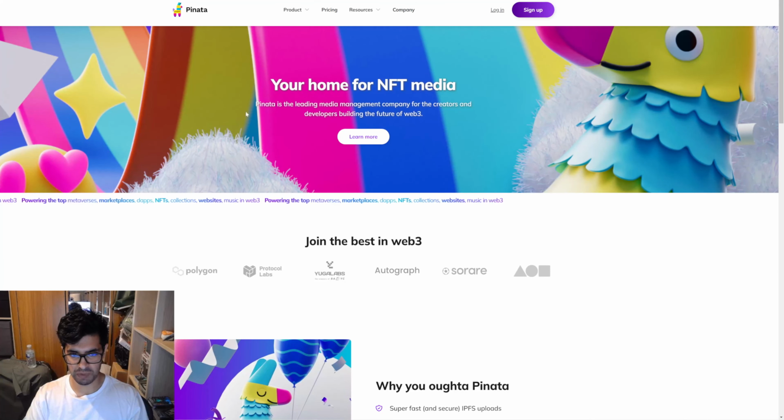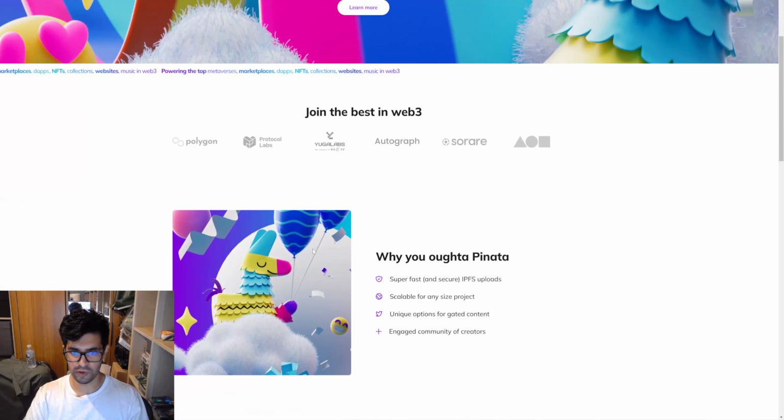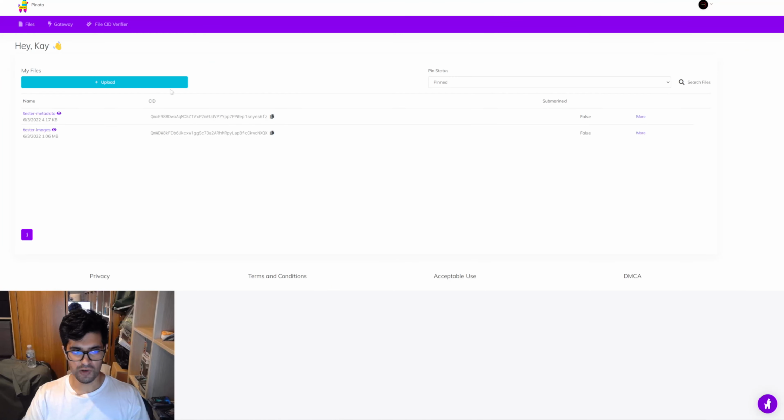Most often what you might see is IPFS, Pinata is quite a popular one. You can basically store your metadata through here and then link it to your token through some form of URI. So just to show you guys an example, right? I've got metadata and I've got images. This is stored on IPFS here that we can see.